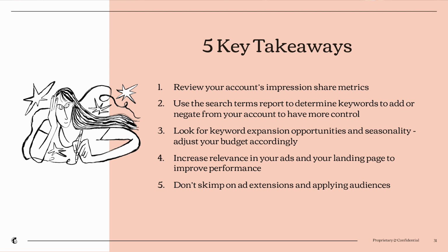If you're able to decrease the impression share loss as a result of your budget being too low, your keyword bids being too low, or your quality score being too poor, you'll start to see improvements in your performance as you adjust. Next would be using the search term reports to figure out which keywords it makes sense to either add or negate into your account. This is a great optimization lever to ensure that you're not showing up for irrelevant queries, but that you also have control over the ones that do work well that you're mapping into.